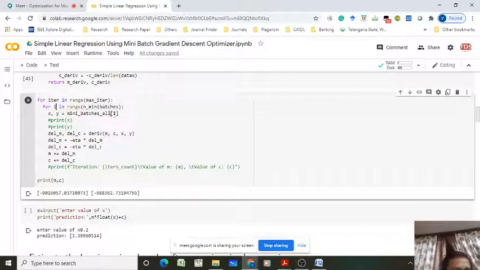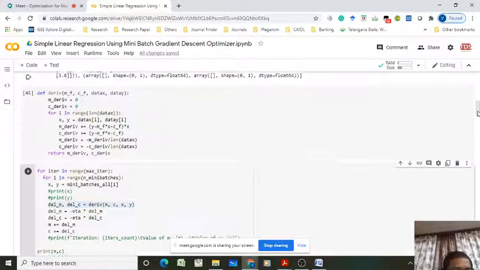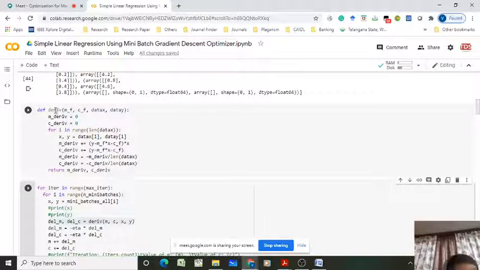So for the 0th batch we have to call and assign the input and output. And I equal to 1, then the second batch you have to call, assign the value of x and y. Now pass this x and pass this y and the initial m value and initial c value. Okay, initial m value and initial c value. So after that what will it give? It will give the gradient, right? It gives the gradient. It's coming from this function, the derivative function. It will give the gradient, gm value.